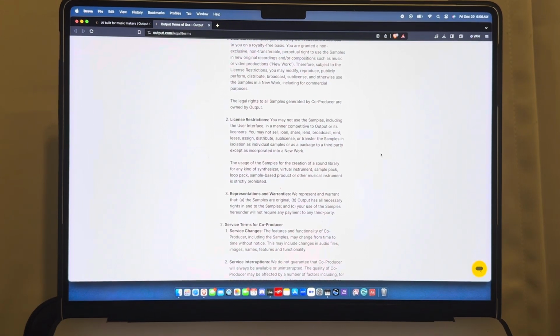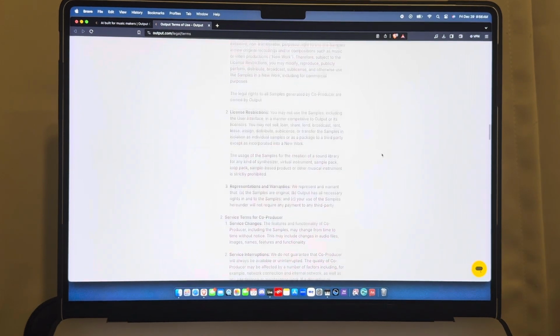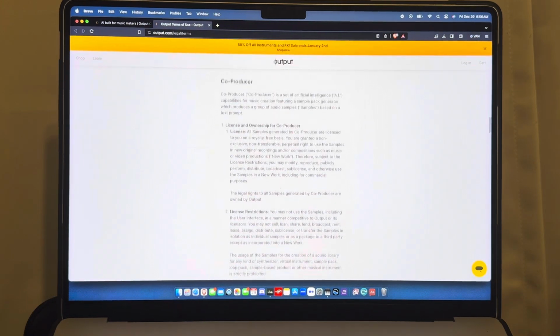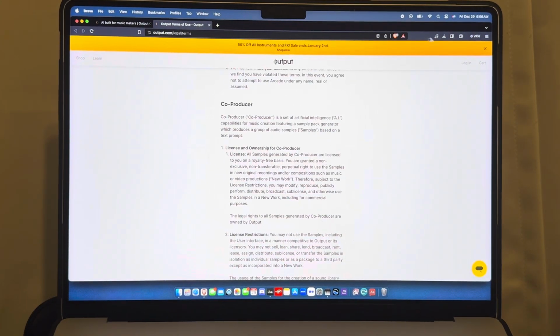I'm glad they did this because that's going to cut back on the lame stuff where people take a whole sample pack and then try to resell it. So in other words, you can't go in there and take their loop pack, their sample pack, or even the stems themselves and just go sell it to somebody else and say, this is a pack I made for you, just because you typed in the words, because that's not your pack. But you can use it in your music, and that's the royalty free part. So that's why it says copyright and royalty free. So I'm super glad they did that,